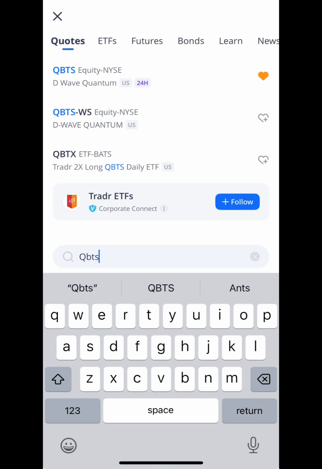Let's walk through the exact steps to search for a stock and place your very first trade. The real deal. First, open up your trading platform. I'm using Webull, but this works similarly on Robinhood, E-Trade, Fidelity, or wherever else you trade. Go to the search bar at the top and type in the ticker symbol. Let's say we're starting with QBTS, that's D-Wave Quantum. You would type QBTS into the search field, and tap the name or ticker, and it'll take you to the